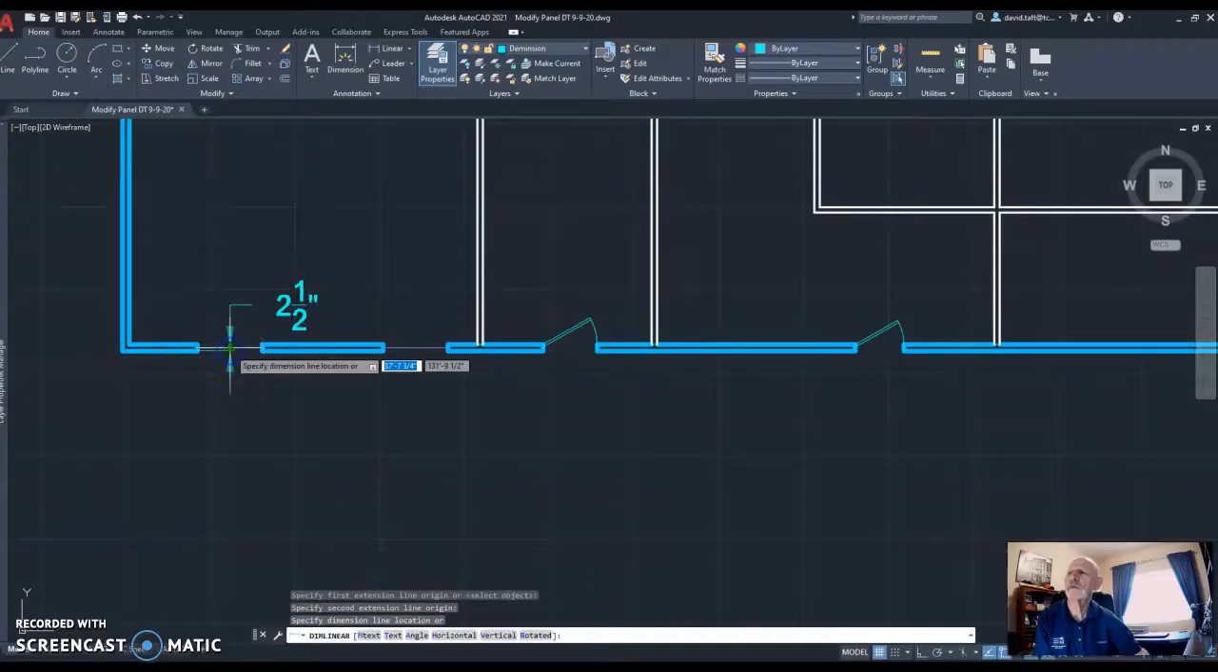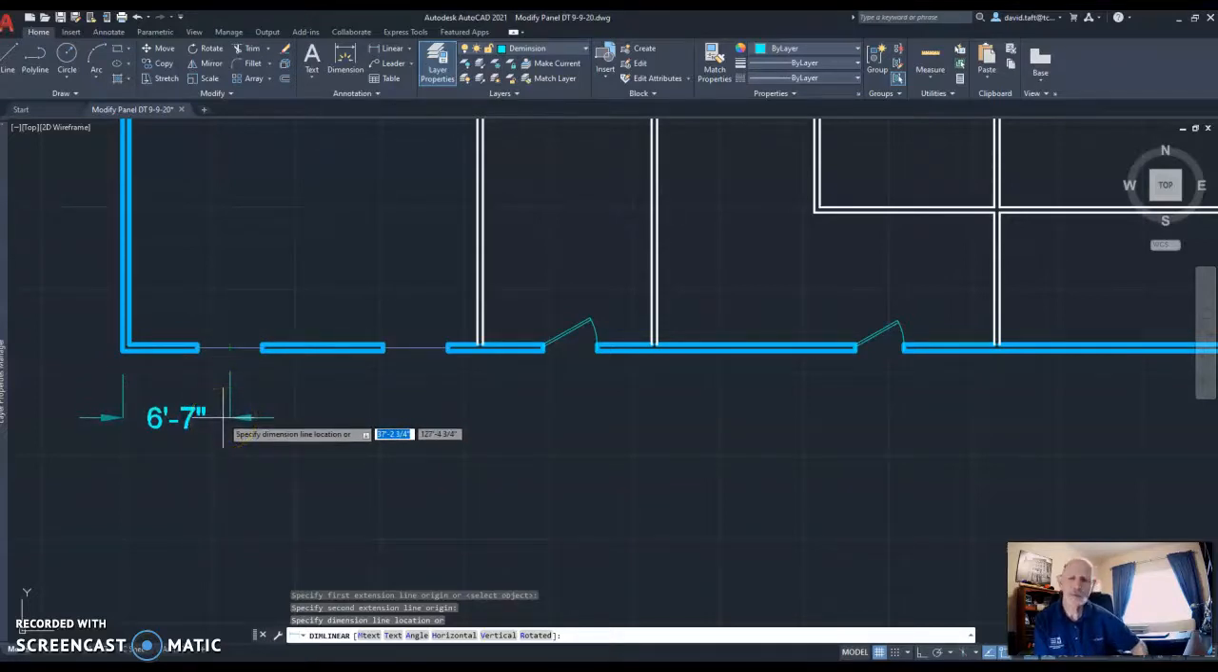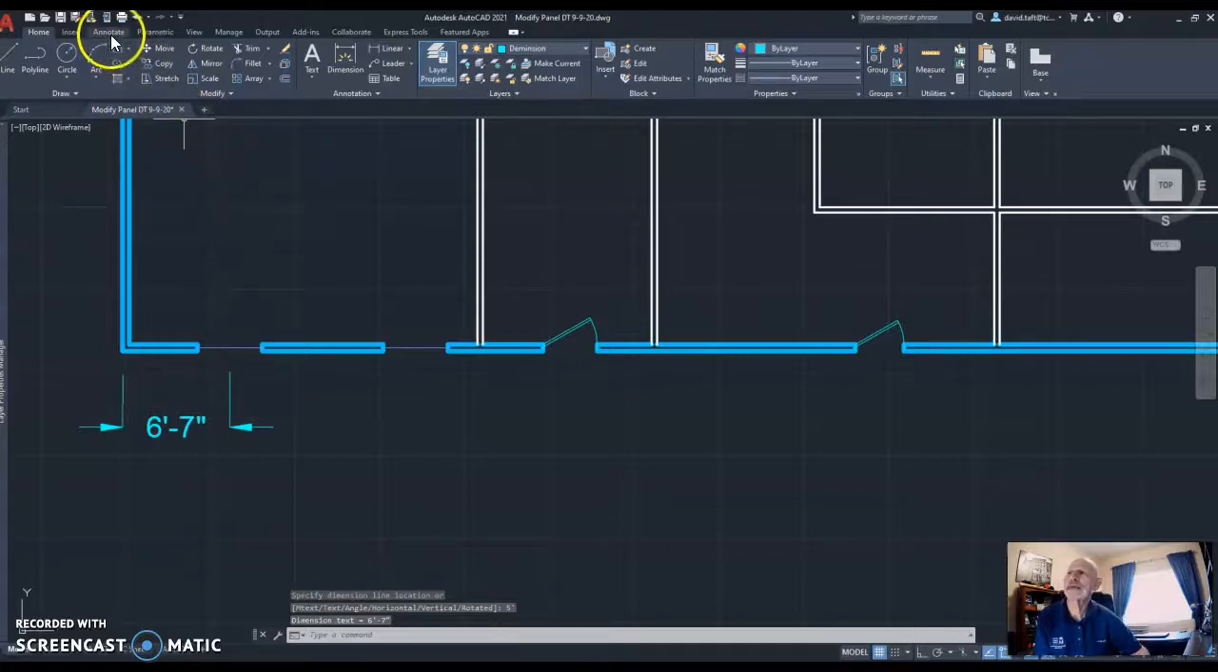I'm going to left click there, and now I'm going to drag the cursor down, and we can see there's a blue box. It's asking for a distance, which is the distance that I want to drop the dimension away from the object. So I'll put in 5 feet, hit enter, and now I'm going to go to the annotate tab,